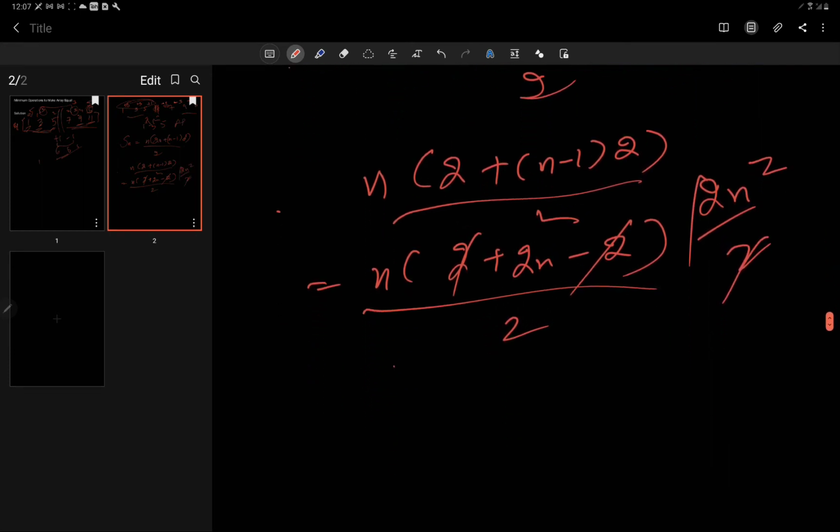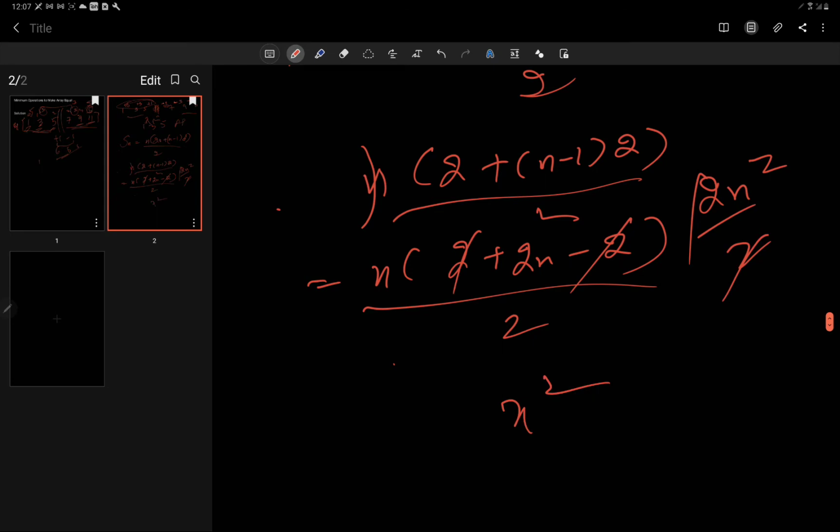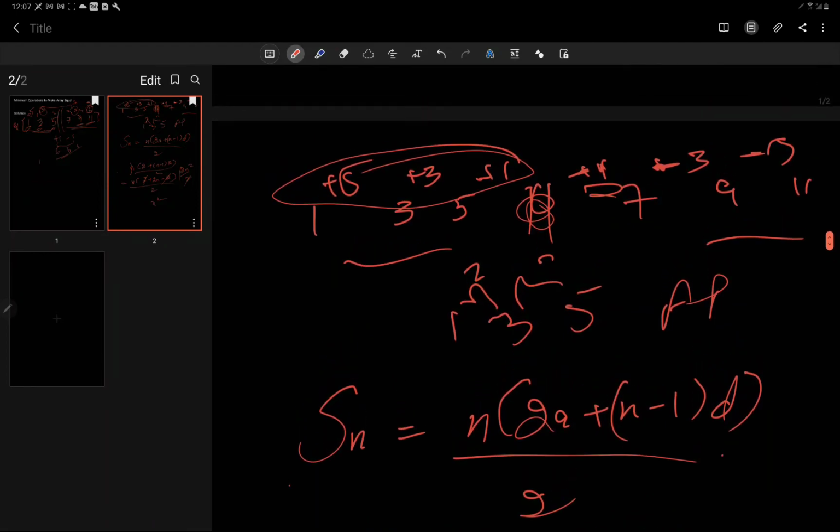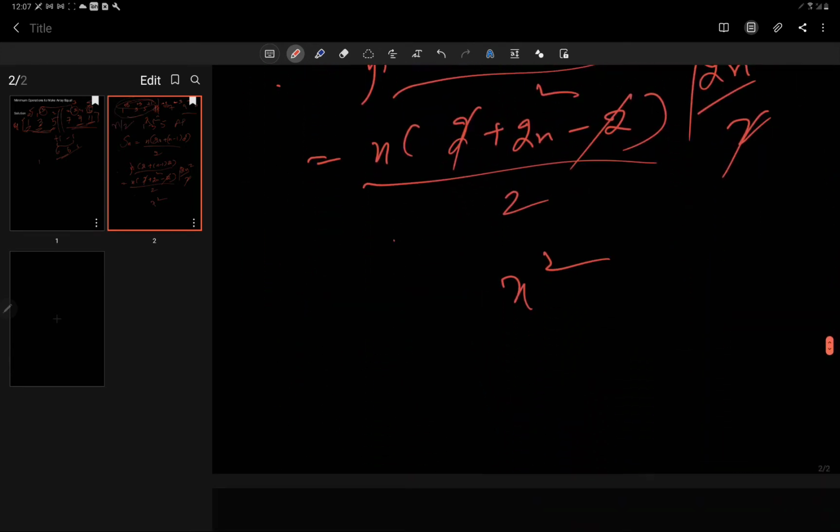Alright, so n square comes out as the formula for this sum where the difference is 2 and the first term is 1. But as we can see in this question, we are not calculating the entire sum of n numbers, we are just calculating the sum of n by 2 numbers. So on replacing n with n by 2, the formula turns out to be n square by 4